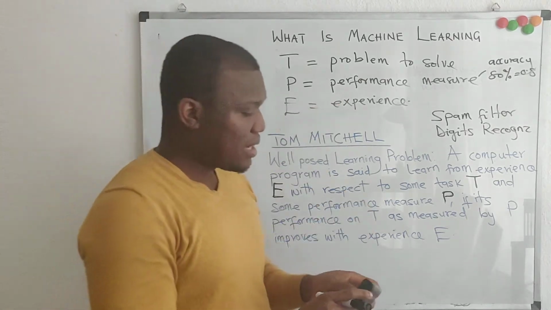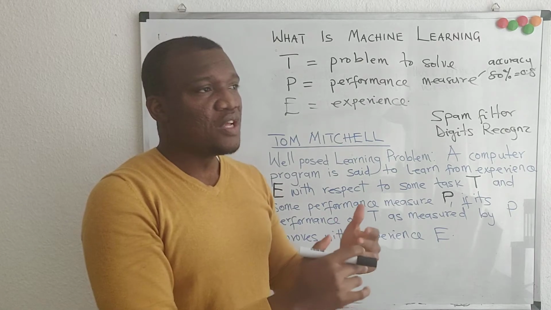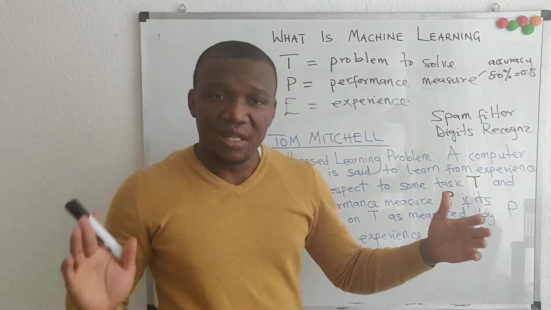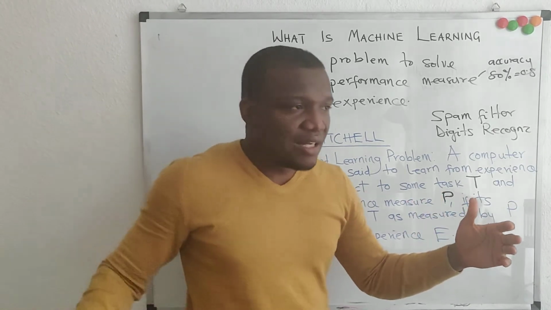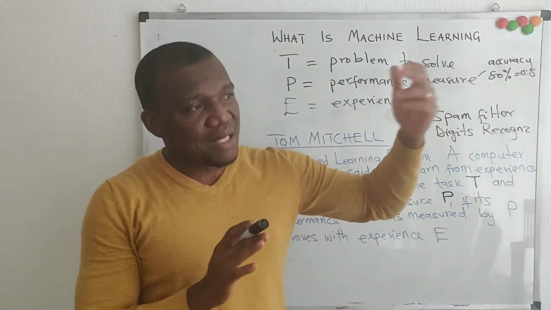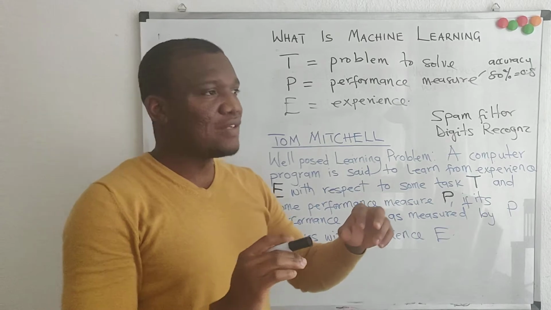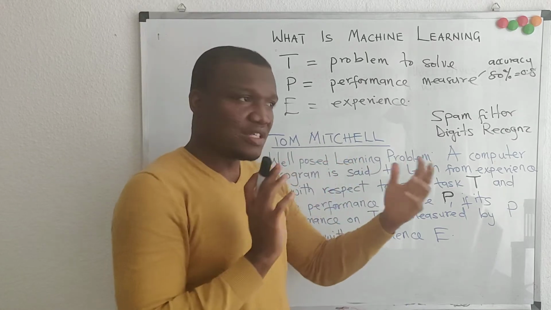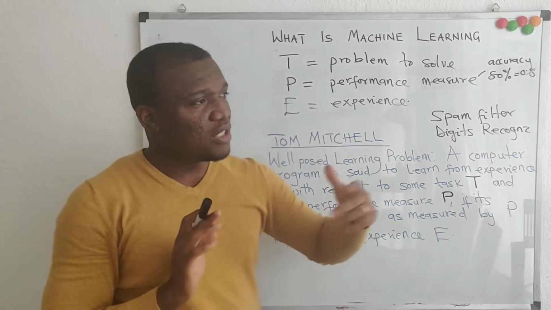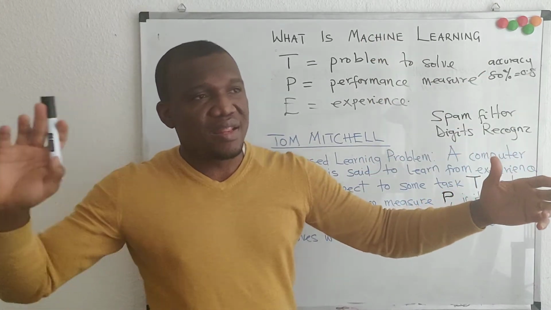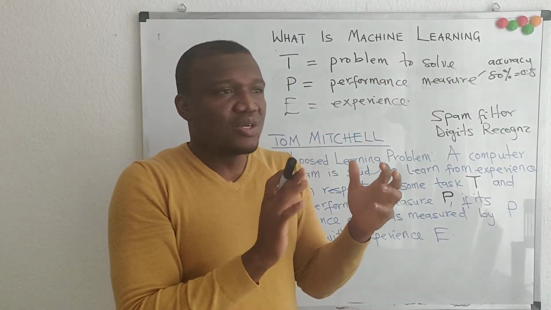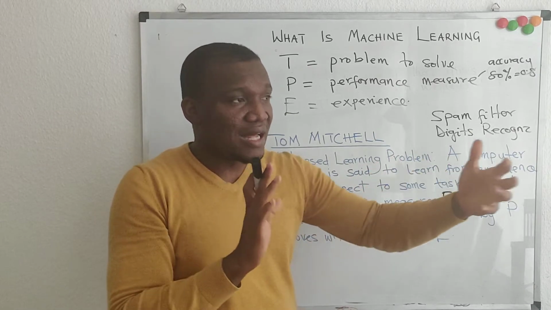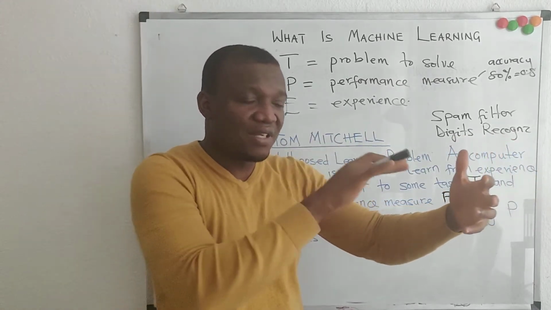And the experience we are talking about here, I mentioned in an older video that the way a machine learns is that you pass your data set, your labeled data or your training data, repeatedly through your model, and then it comes up with some output. Initially, it's going to start with producing random output, and then once we get our hands dirty to build these things, you understand why things are the way they are. Initially, your model is going to come up with random output, and then based on that random output, it is going to come up with the cost or the loss, which is how bad or how well, depending on how you see it, it is performing as far as the given task is concerned.